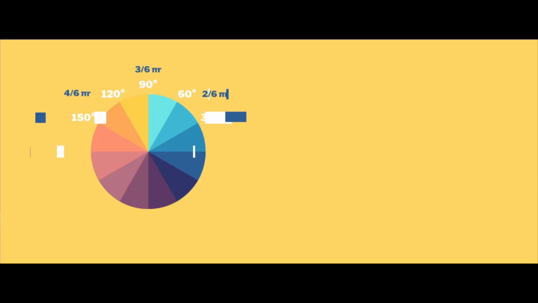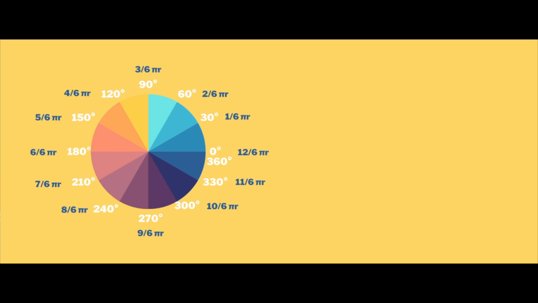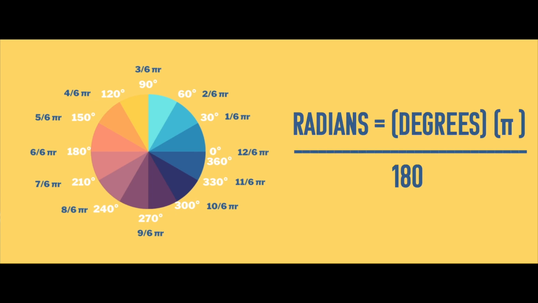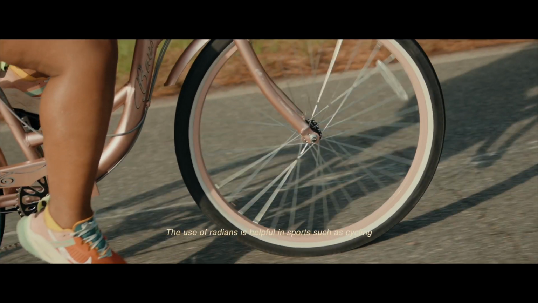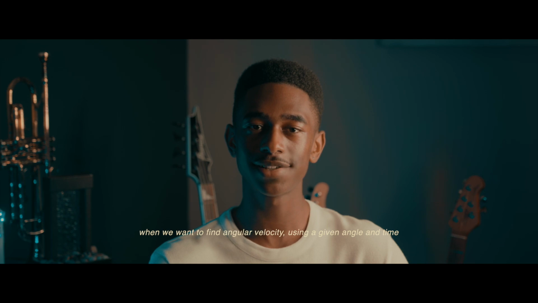To describe the angle of a rotating object, we measure the amount of radians within the circumference of a rigid body using the equation radians is equal to degrees times pi over 180. The use of radians is helpful in sports such as cycling when we want to find angular velocity using a